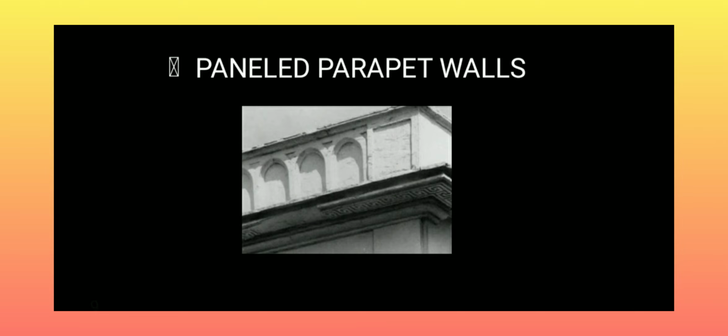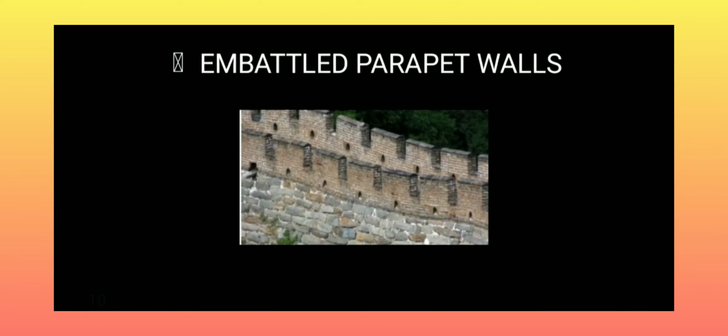The fourth type of parapet wall is the embattled parapet wall. It was widely used in olden days for castles, forts, etc. Here, alternate low and high portions and perforations are provided. In ancient days, these were generally used by archers to shoot arrows through while defending castles. Because of its beautiful appearance and uniqueness, it is built nowadays to enhance the aesthetic appearance of the structure.